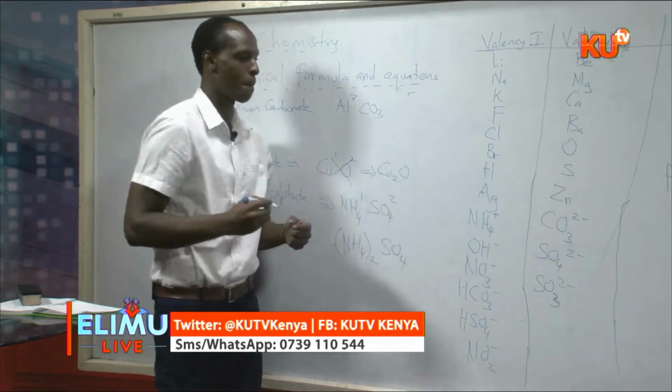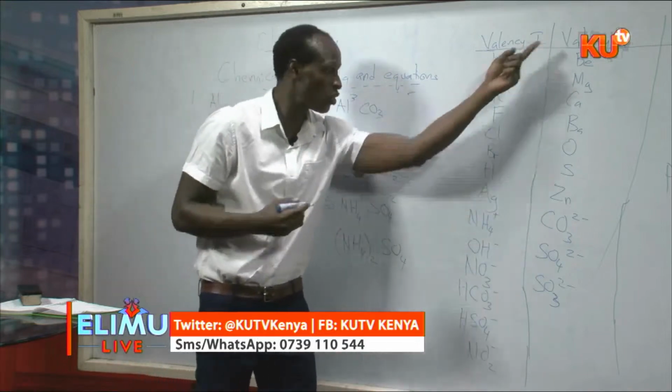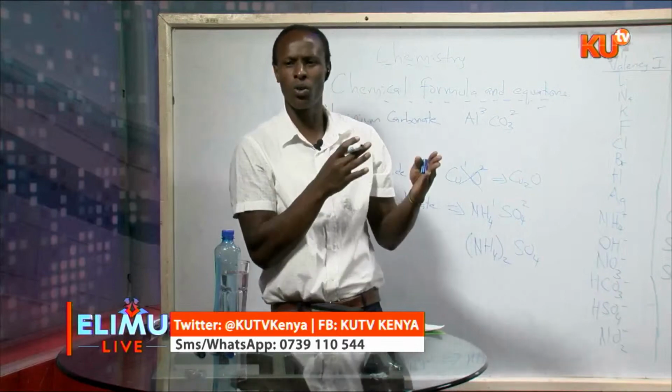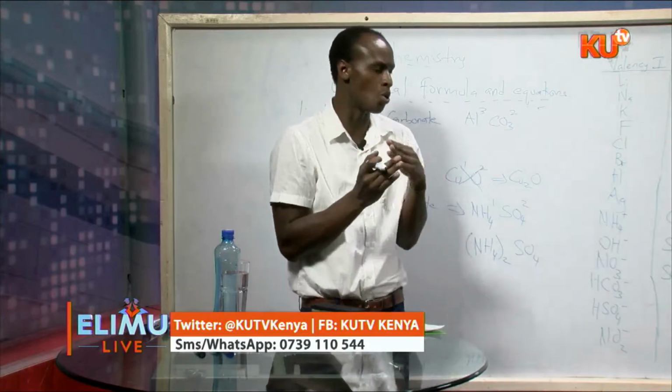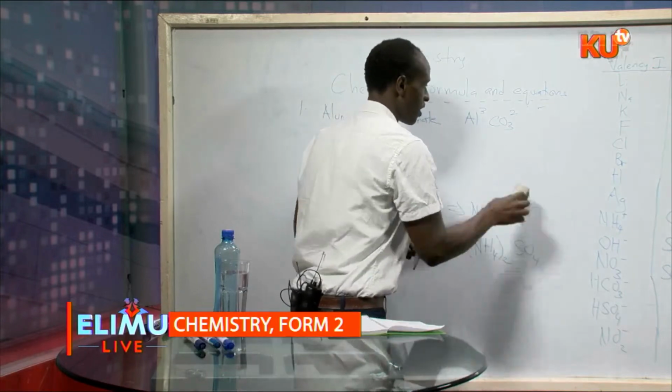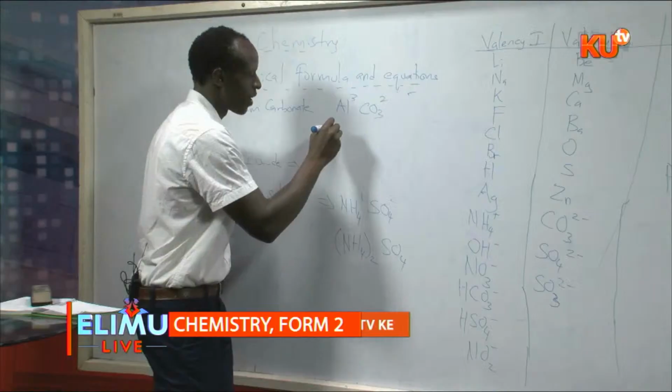Carbonate is CO3. What is its valency? Valency 2. Second step, 3 and 2 cannot be simplified. There's no number which can divide both 3 and 2. So here we just interchange the valencies because it cannot be simplified. Then we get what we have